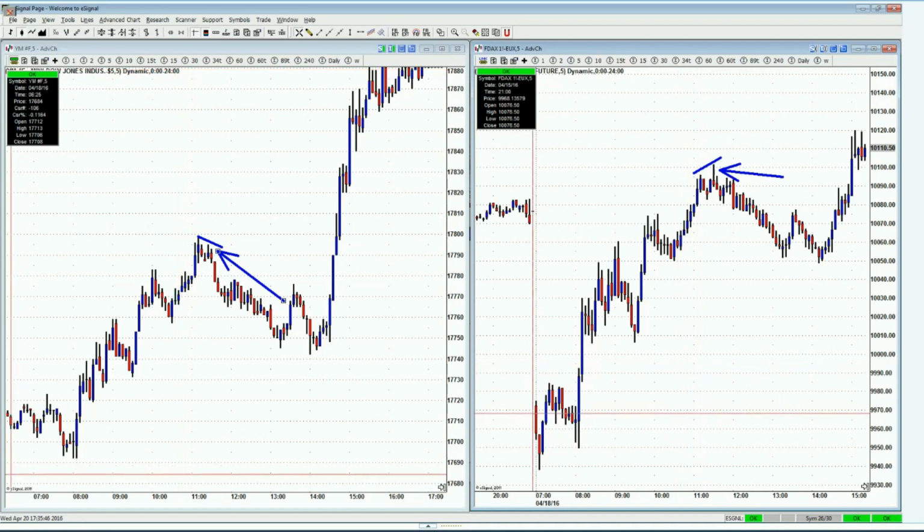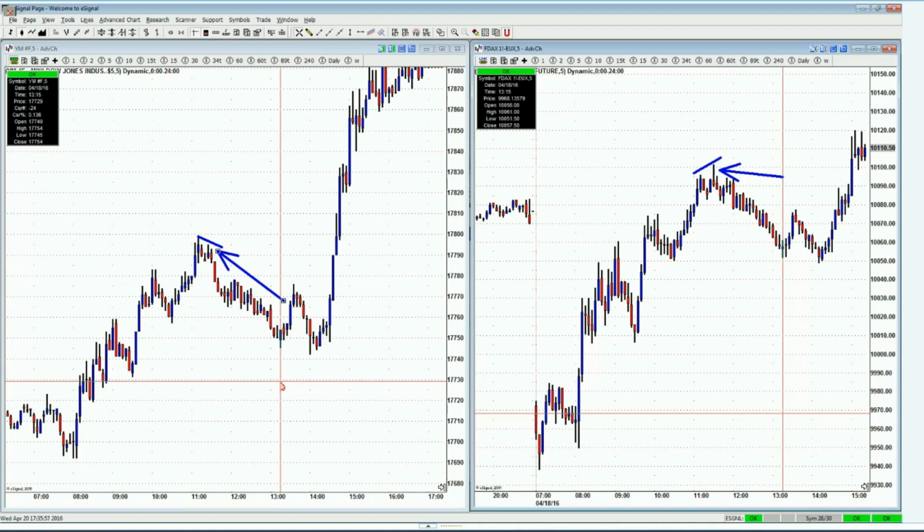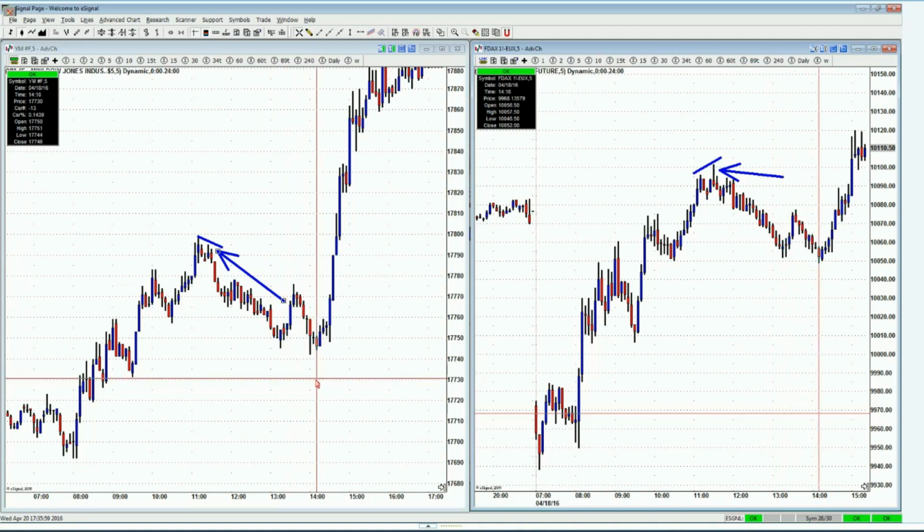I think that's me done explaining divergence. I hope that answered your question, all of you. I hope it helped getting an understanding of the market. If you have any questions,